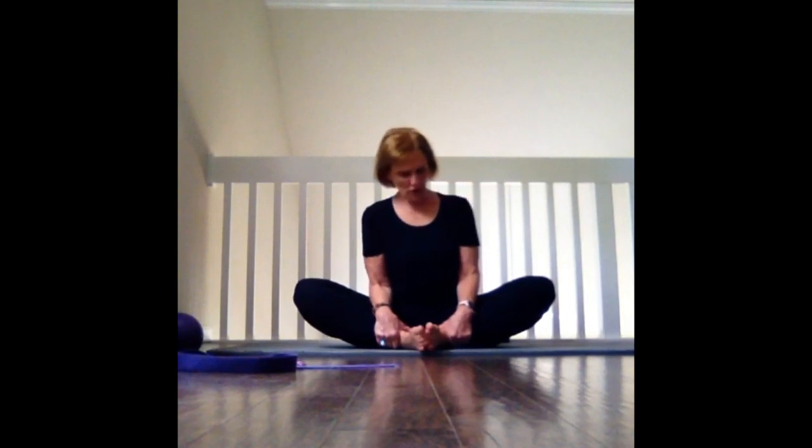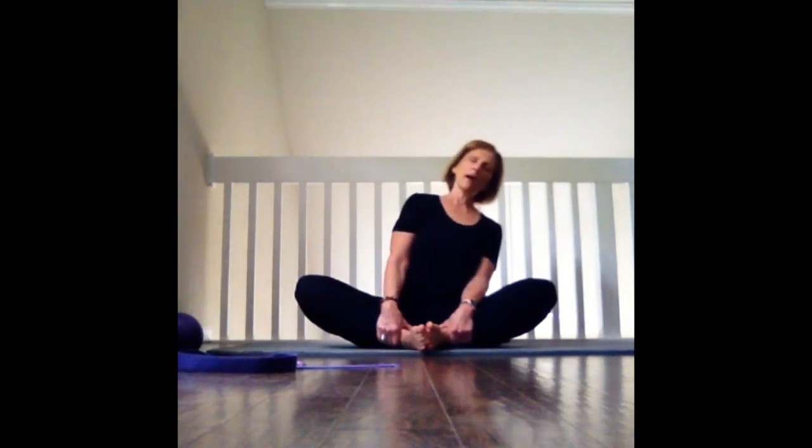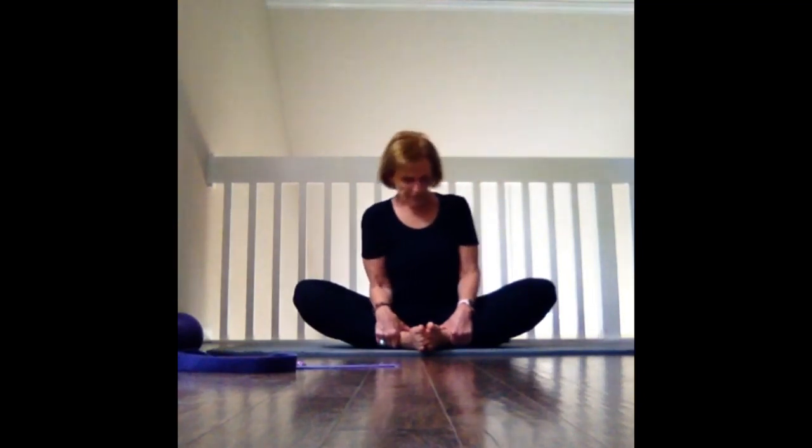So make sure that back is straight. You're holding those ankles. Your core is engaged. Take it left. And to the front, facing down, and circle right. Lean back and bring yourself forward again for 2,